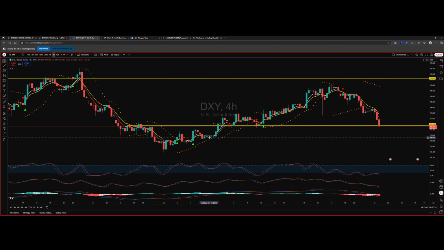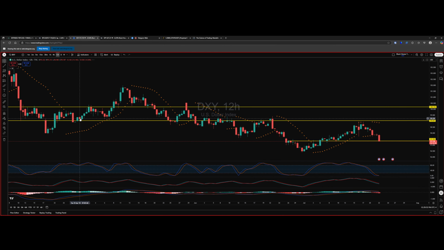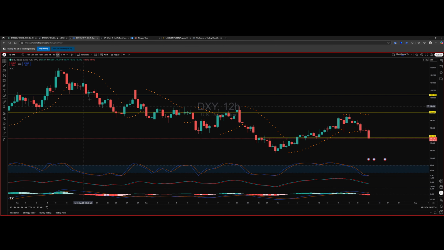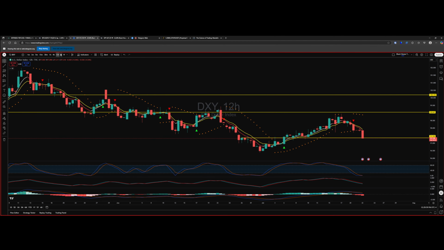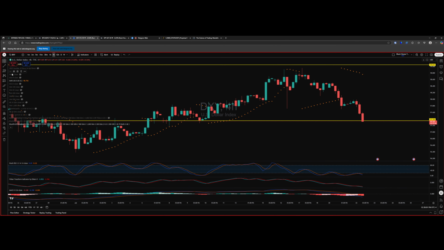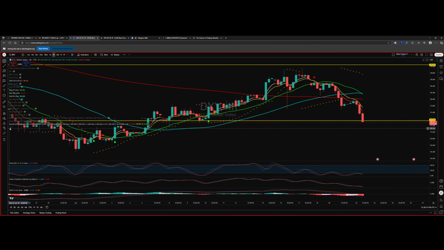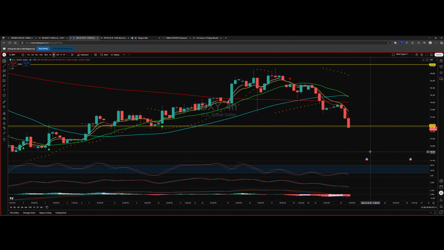And that's essentially just the anatomy of a breakdown. And all of these things are fractal, right? So what we're looking at on the 4-hour is giving us a tell on what's happening on the 12-hour, and so on, and so on. And what we start doing is, okay, now we have some levels established, so now we can start to add some moving averages, and these are just the 20, the 50, and the 200, simple moving averages. Right, so on the 4-hour chart,